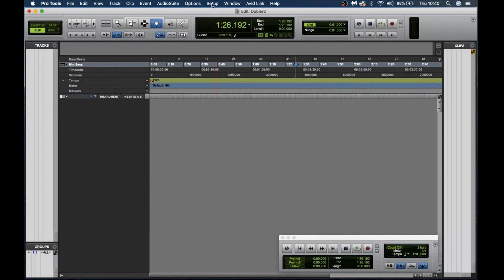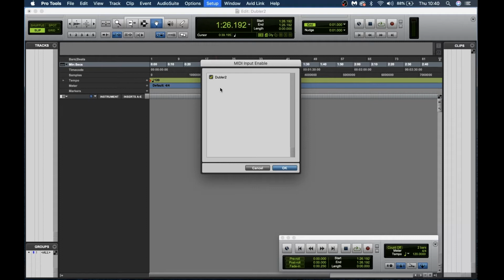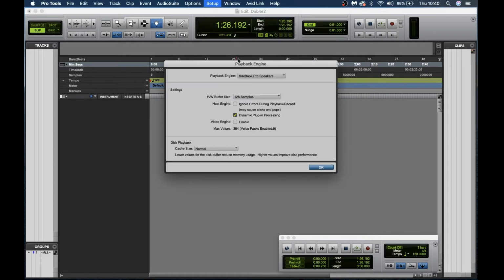So first we want to go to Setup and go to MIDI and MIDI input devices, and here we want to make sure that Doubler 2 is ticked and press OK. After this we can go back to Setup again and go to Playback Engine where we can select our output